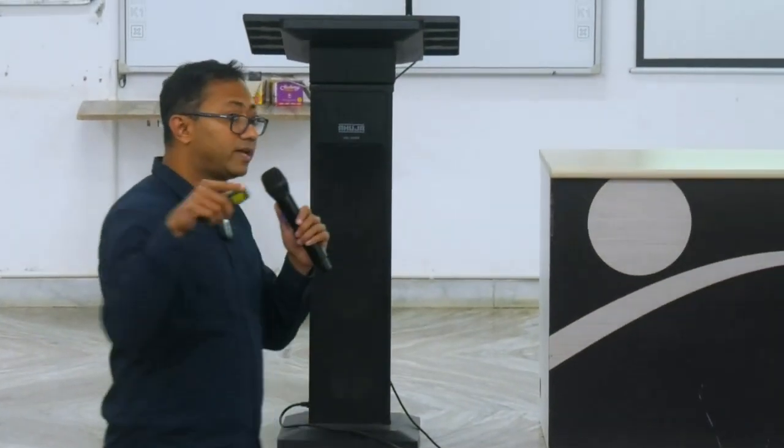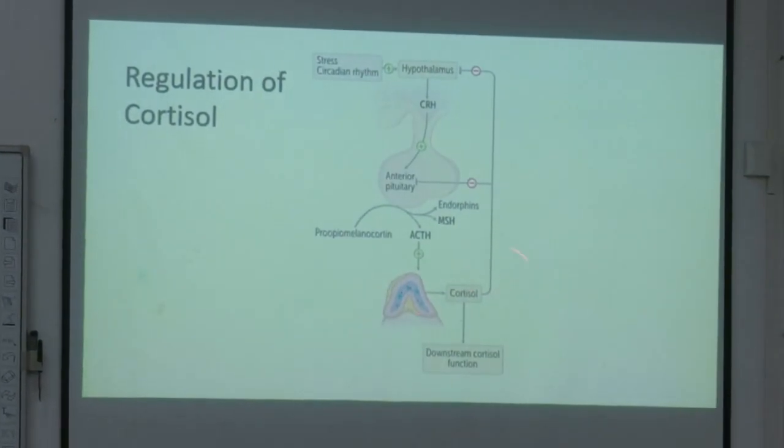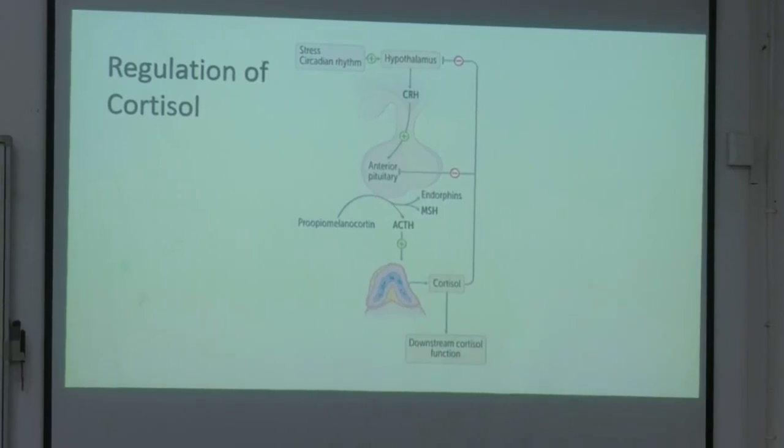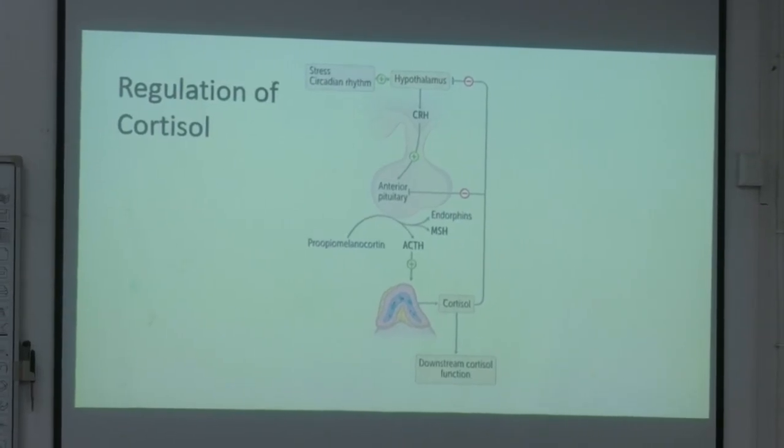And that is why I was telling you that in all CAH, or congenital adrenal hyperplasia, there will be hyperpigmentation. Why is there hyperpigmentation? Because whenever pro-opiomelanocortin is cleaved into ACTH, the byproduct is MSH, which is melanocyte stimulating hormone, and it will cause hyperpigmentation, right? Very important, an explain-why question for you. Previous slide. So with the stimulation of ACTH, cortisol is secreted, and now this cortisol has got all downstream actions. Next slide.